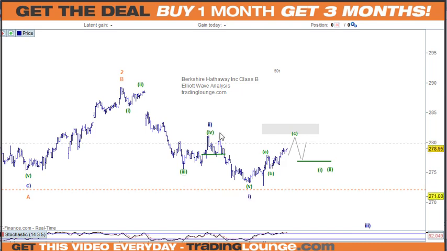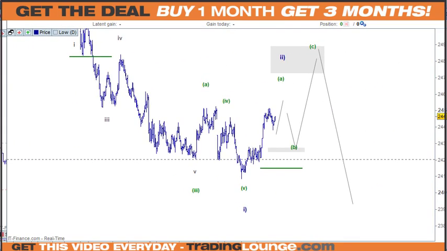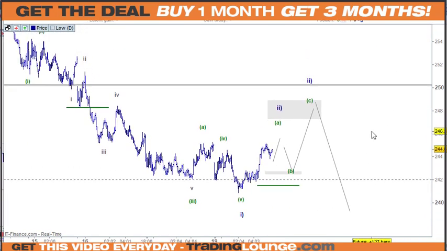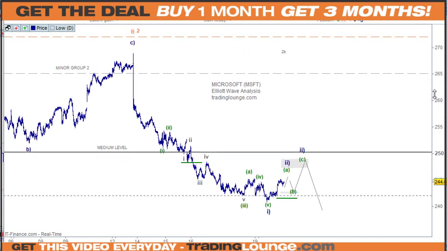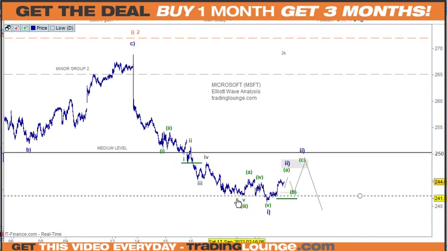So in some cases, with old Bertie here and Microsoft, we can look at this coming down. It's quite a strong trend coming down, so we can look at it as 1 and coming back for 2.